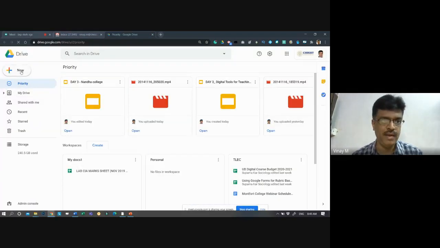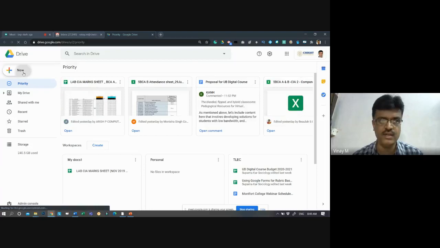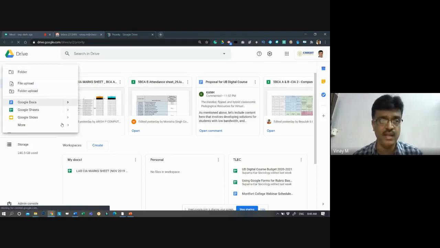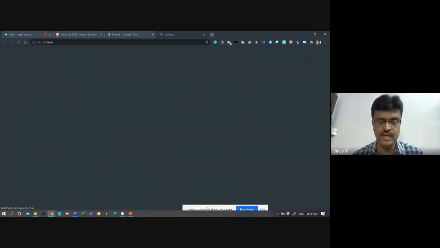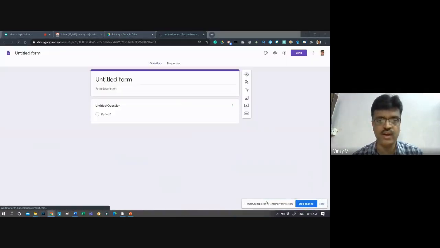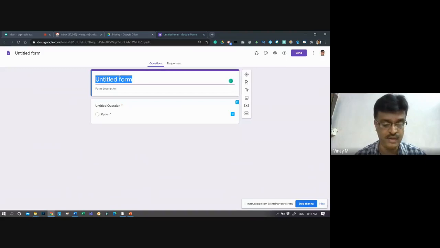In the drive, I always prefer this method because it does not mix up with the many other email IDs which are open. So I'm opening a Google Form right now, using a blank form. Some of the basic common questions, I will try to answer so that we can go one by one. First question: how can we customize it for a descriptive level? Say, test 1.